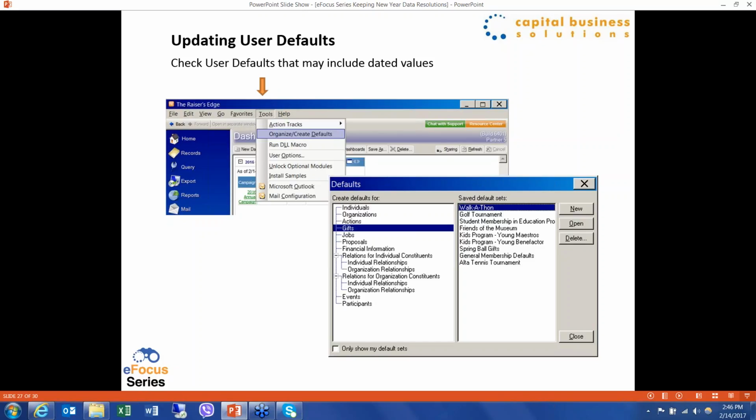So if you go through the main shell of Razor's Edge, the main window, to Tools and Organize Create Defaults, then you see the screen that you see here with individuals, organizations, actions, etc. So these are all the possible fields that you can, or data sets that you can set defaults for. Mostly you would have individuals, like, again, if county is required as part of the address and you're in Mecklenburg County and 80% of your constituency is from Mecklenburg County, then you could default Mecklenburg County in for all new records that were entered. We're looking in the screenshot at defaults for gifts,